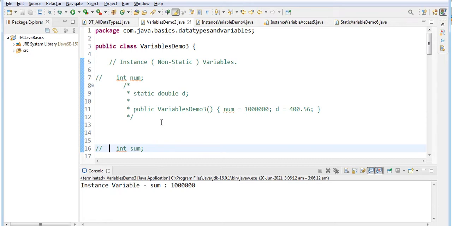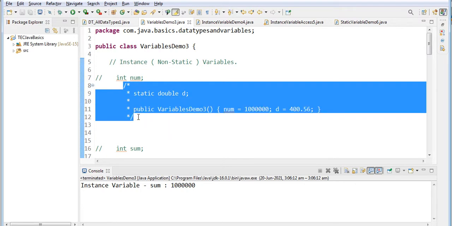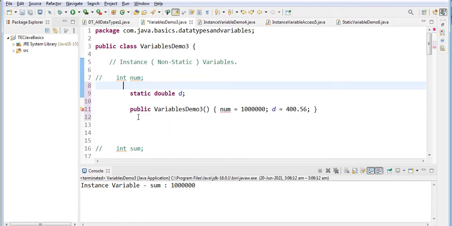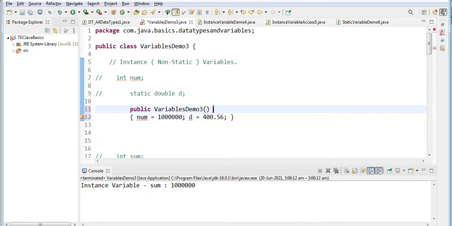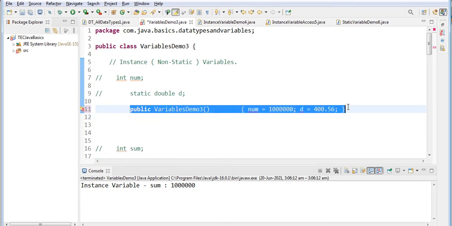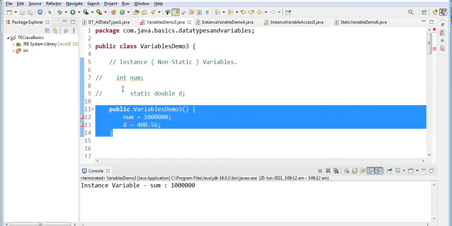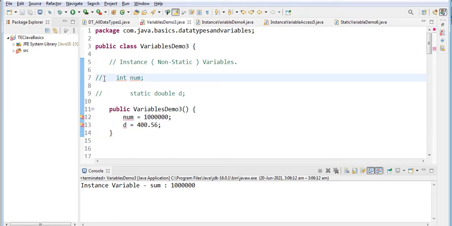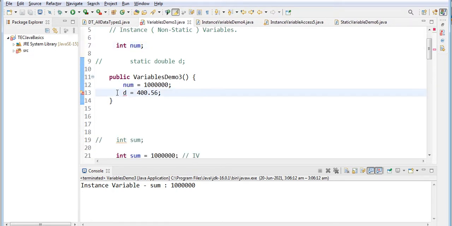I'll tell you one more thing. We have initialized the value within this constructor, right? So I have this num, and I have initialized it over here.